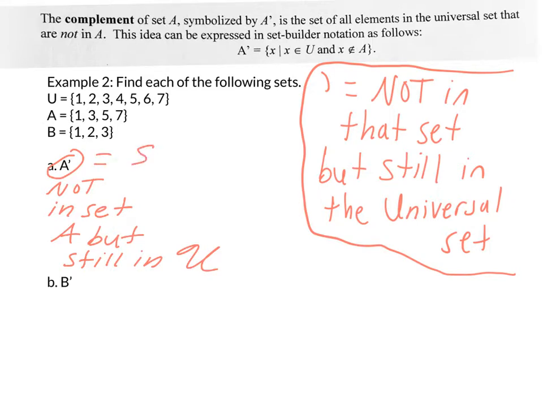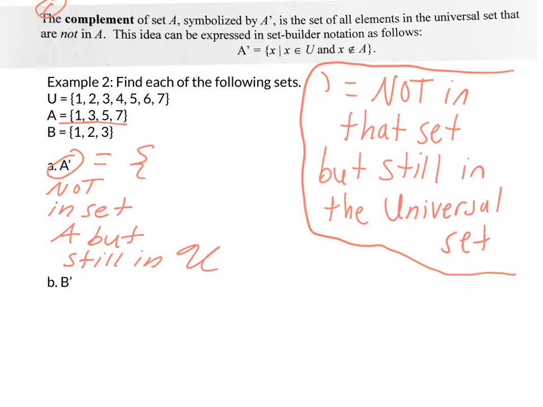And when you do this set operation, this is our first set operation. There are 3 in this video. The first is complement. So whenever you do a set operation, your answer is another set. So we do still need to keep drawing those curvy brackets. So I drew my first curvy bracket. So it's not in A. Well, if I look above, A has 1, 3, 5, and 7 in it. So we want what's not in A, or in other words, the opposite of set A, but still in the